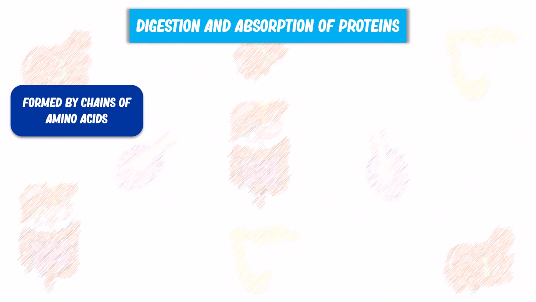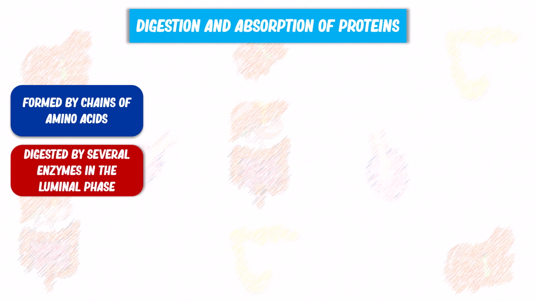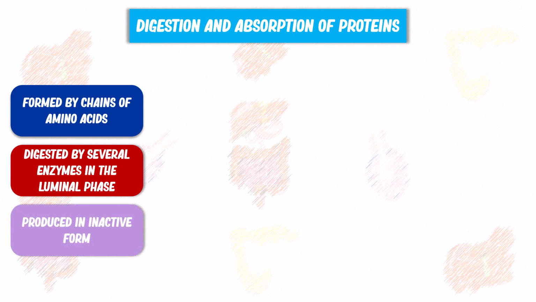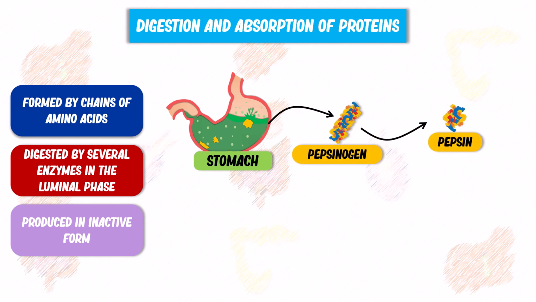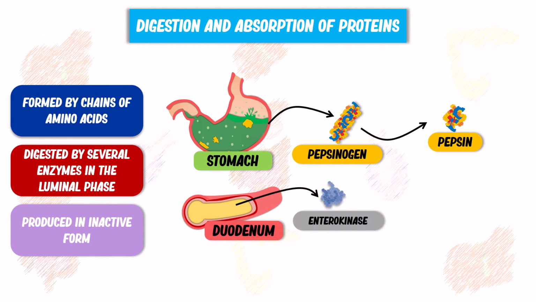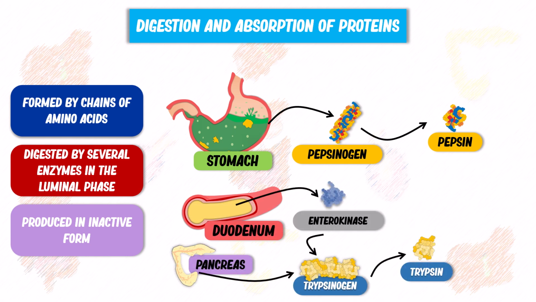Proteins, composed of amino acid chains, are digested by several luminal enzymes, mainly pancreatic ones, but also those secreted by the stomach. As mentioned earlier, these enzymes are produced and secreted in inactive forms, or zymogens, to prevent them from digesting their own cells. In the stomach, pepsinogen is activated by hydrochloric acid to form pepsin, which is adapted to the stomach's low pH. In the duodenal mucosa, enteropeptidase activates pancreatic trypsinogen into trypsin, which initiates a cascade activating other